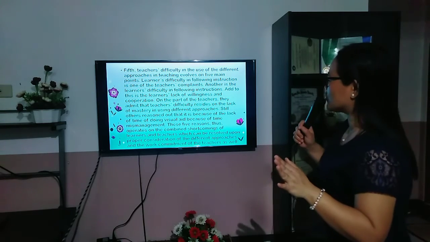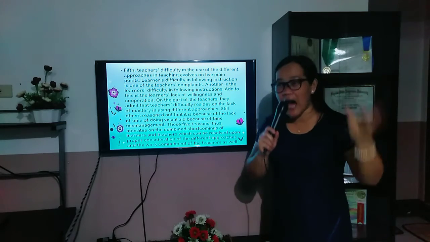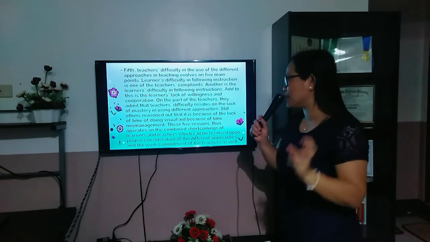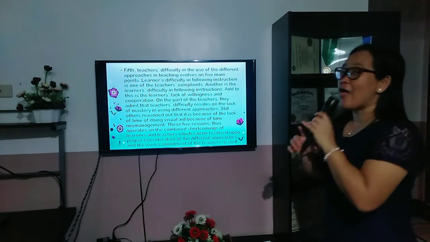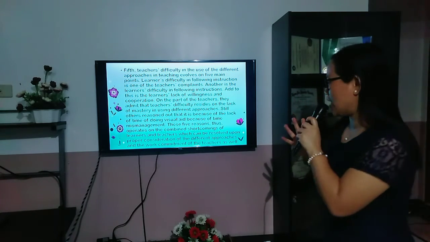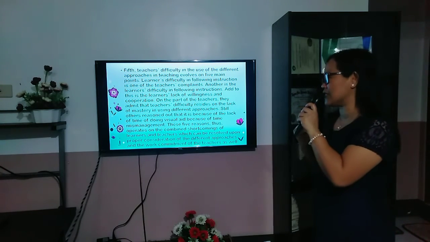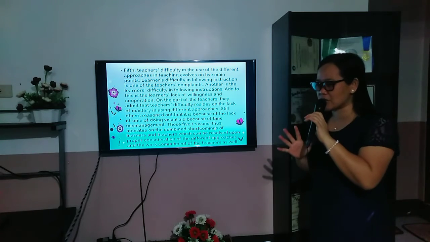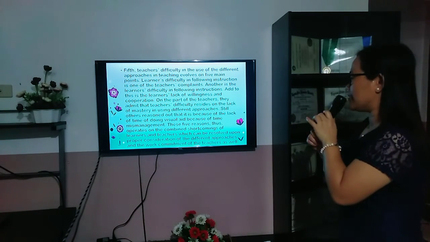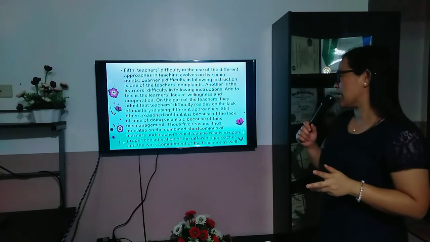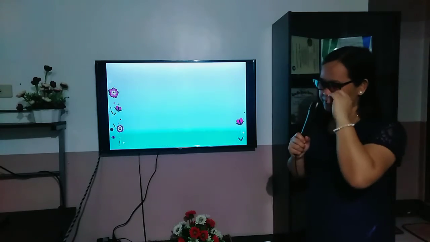Still others reason out that it is because of the lack of doing visual aids because of time management. These 5 reasons thus operate on the combined shortcomings of learners and teachers, which can be resolved upon proper consideration of the different approaches and the work commitment of the teachers as well.